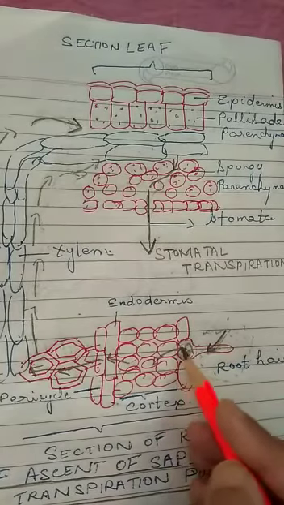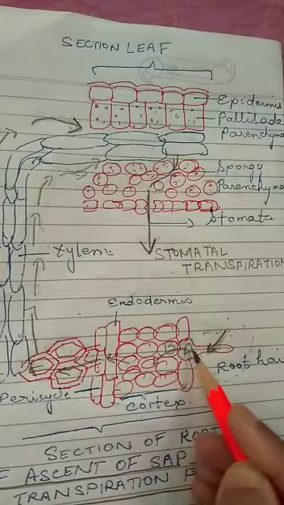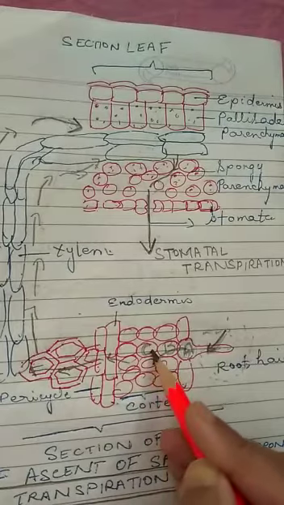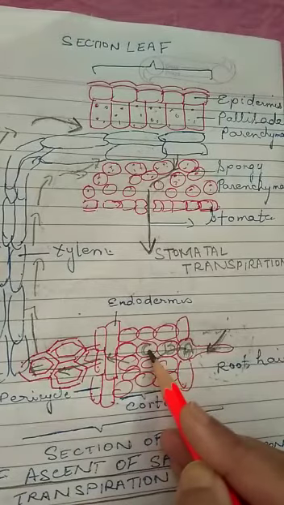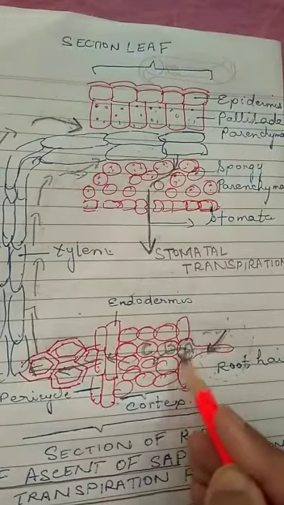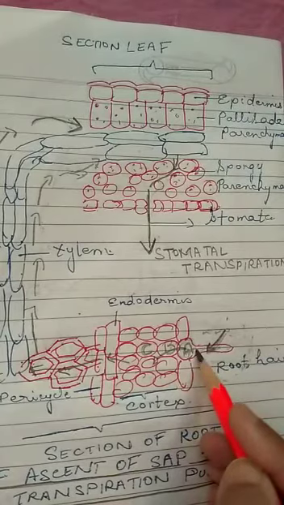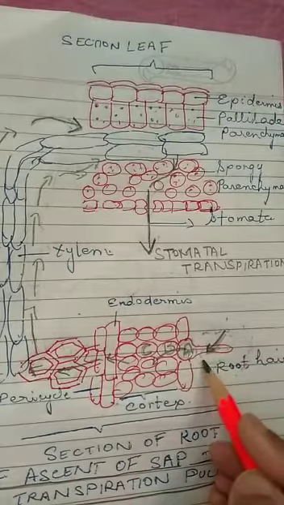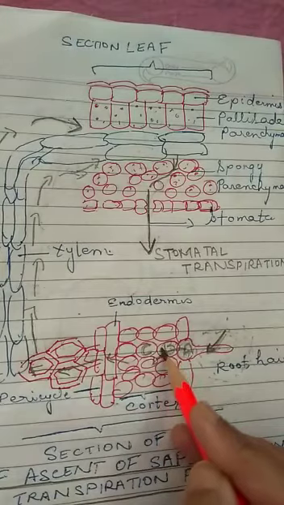And then this water level is more over here and it is less in this B area. So naturally it will move from here to here. And if I write C over here, this cell of the cortex, naturally the water is more over here and less over here. Again osmosis is going to take place from B to C. So this is the rising of the water column, and the push is being created from the roots. So this pressure we call the root pressure theory. Something is being pushed from the lower side, and this is helping in the movement of the water gradually from one cell to the other cell.